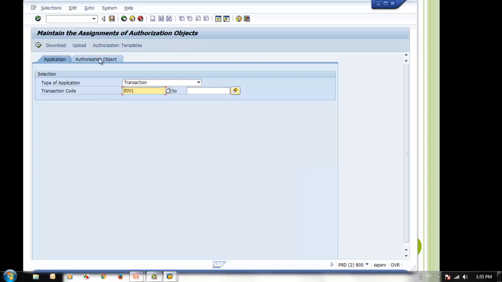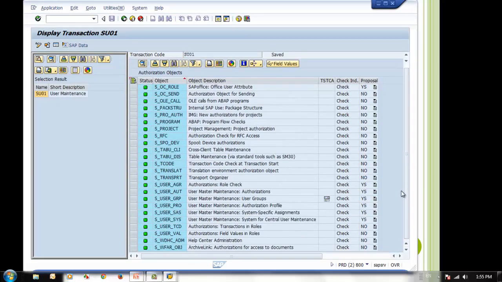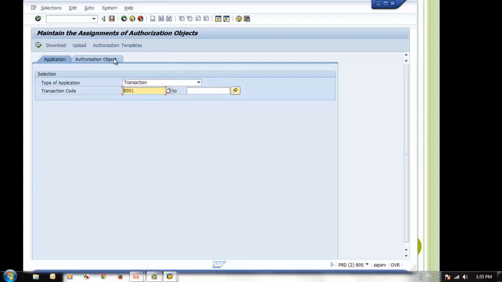Let's say you want to see an authorization object instead of SU01. I want to know where one specific authorization object is going to be used. Let's take it like this. Let me take one authorization object from here, S_USER_GRP. I want to know what this authorization object is related to. I got only this authorization object